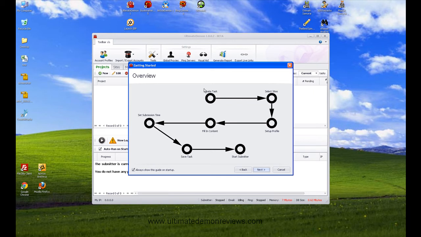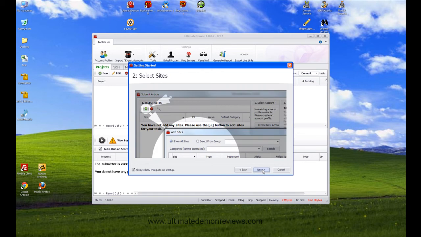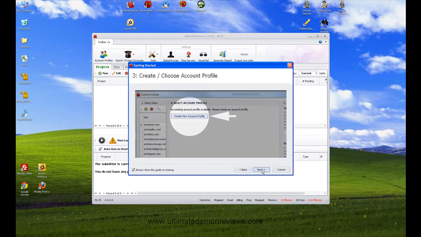You create a task. In this case, we're going to create a Web 2.0 task. We select the sites, we set up our profile, we fill in our content, we set a submission time, we save the task, and we start the submitter. And here is the actual steps, and you're going to see how easy this is to actually create these properties, which usually can take quite a long time,